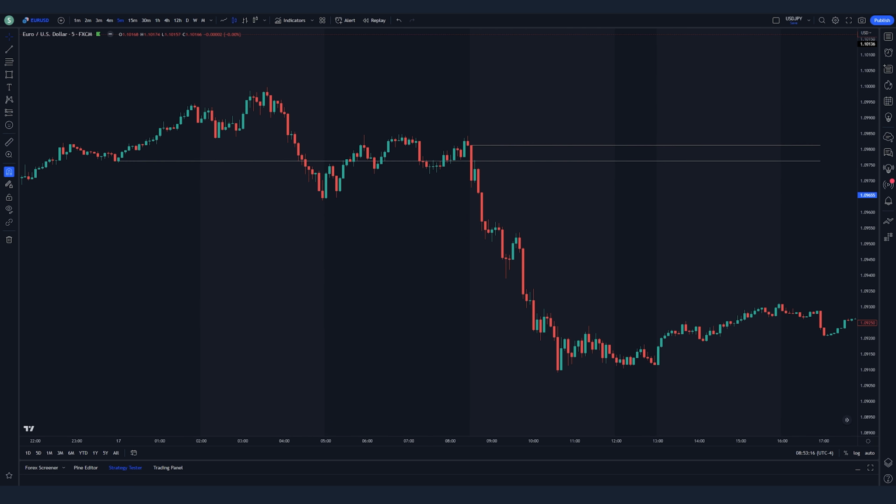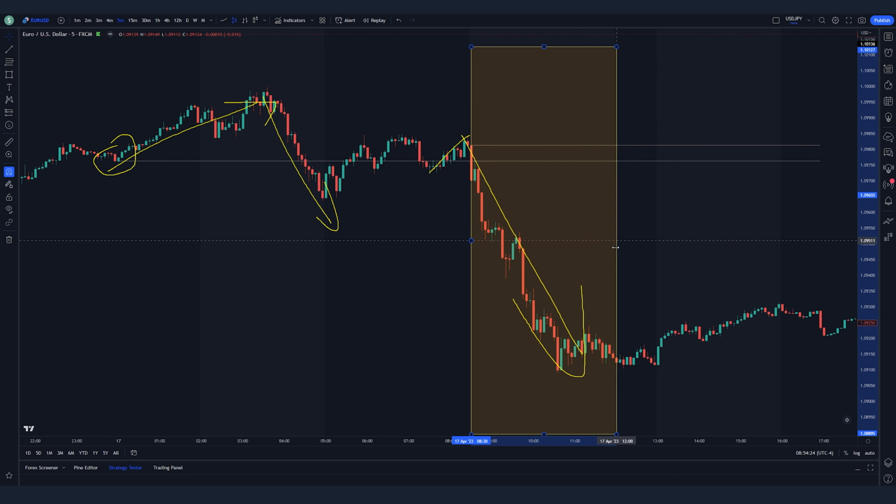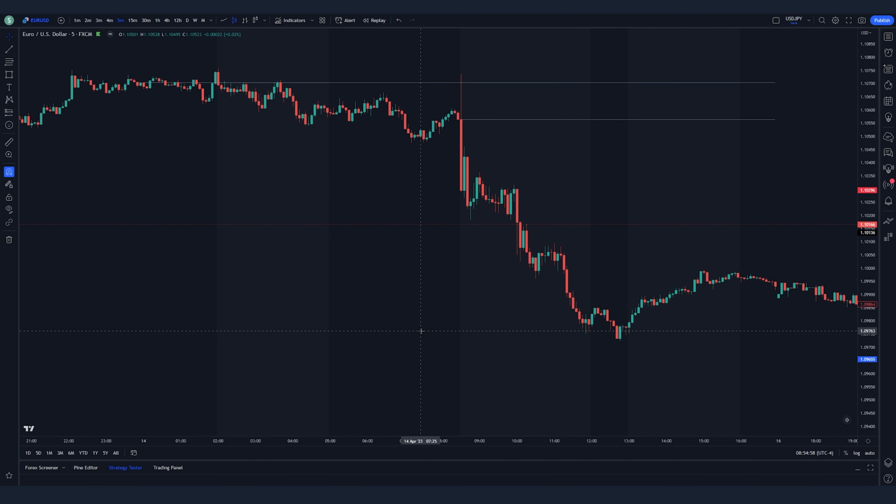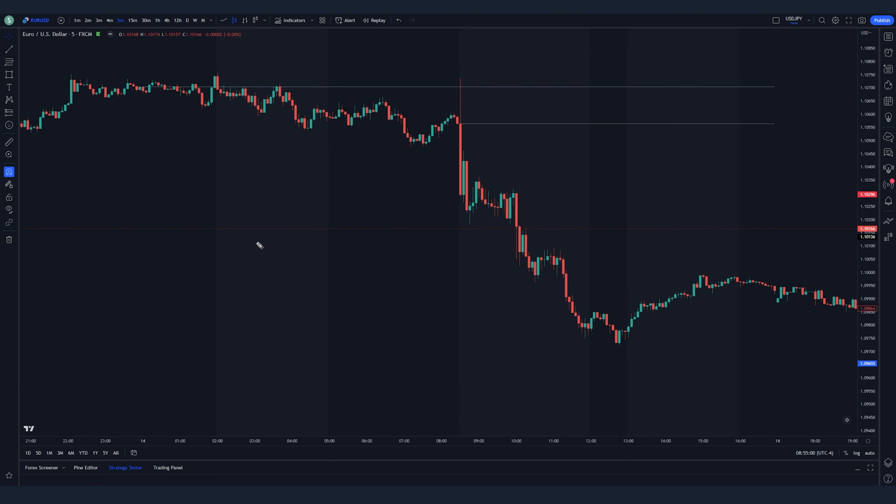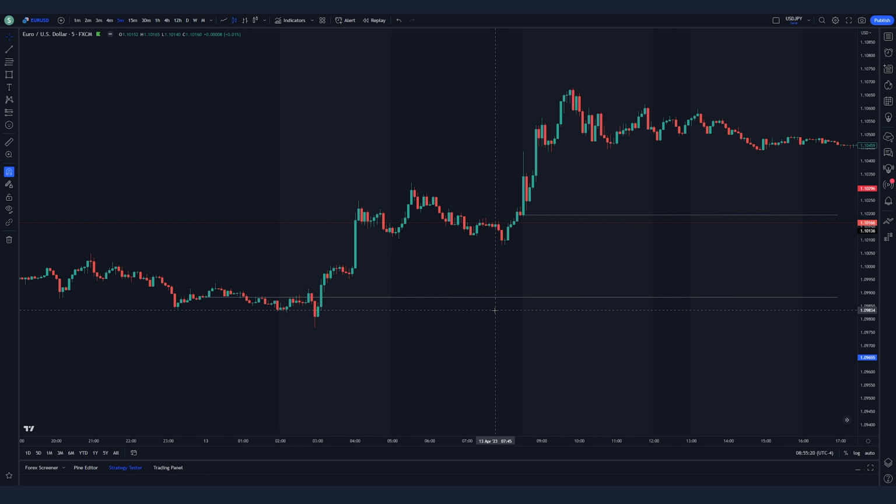Another one, this 17th of April. Midnight, market goes up, wipes the midnight price, goes down back into the midnight price. Counter move, continuation. And that's happening where? In the good trading hours. Going a little bit back, this 14th of April, not the perfect example, but midnight, price getting wiped, down move, counter move, continuation. Previous day, 13th of April, midnight, price getting wiped, up move sentiment suggested, counter move, continuation.